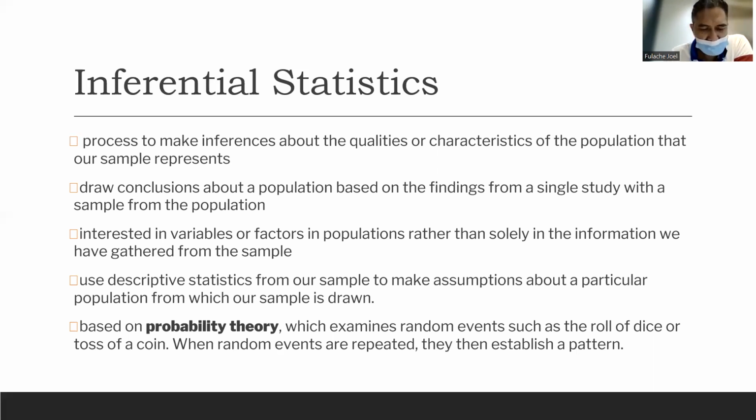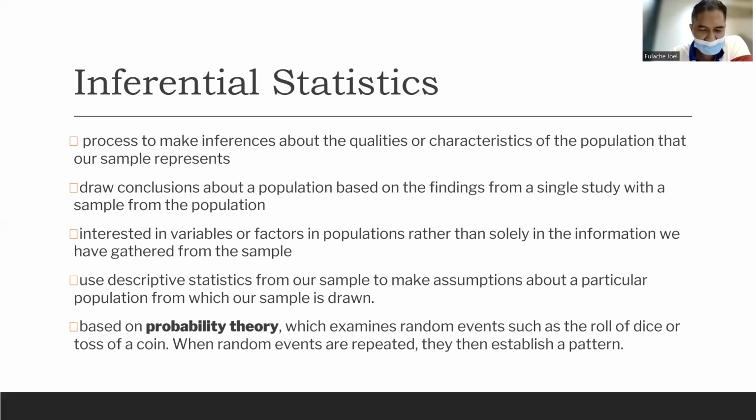To summarize, ang descriptive statistics ay yung concern lang natin sa isang grupo lang ng tao. Dinidescribe natin kung kumukuha lang tayo ng data about them. Pero ang inferential statistics, gumagamit tayo ng sample for the population. In probability theory,